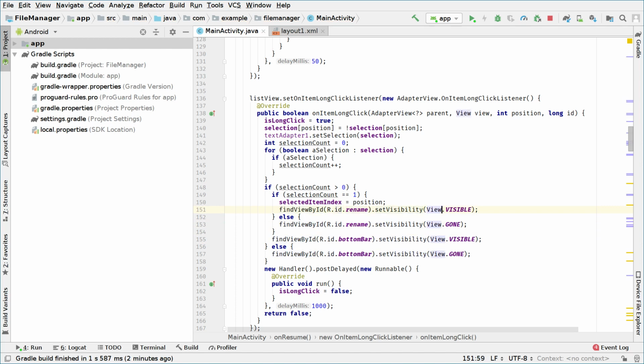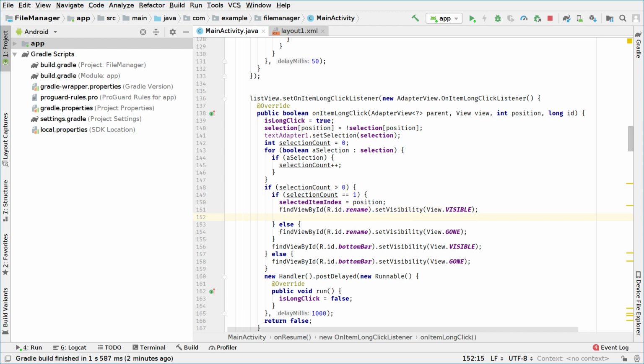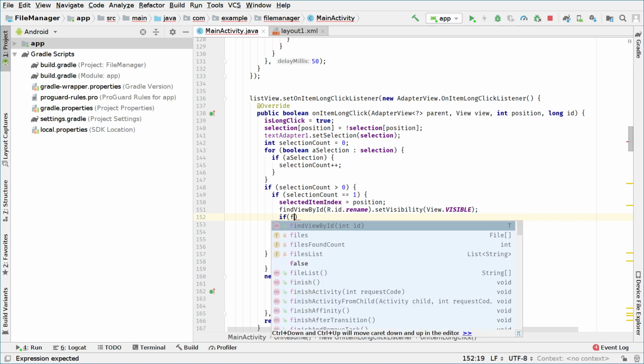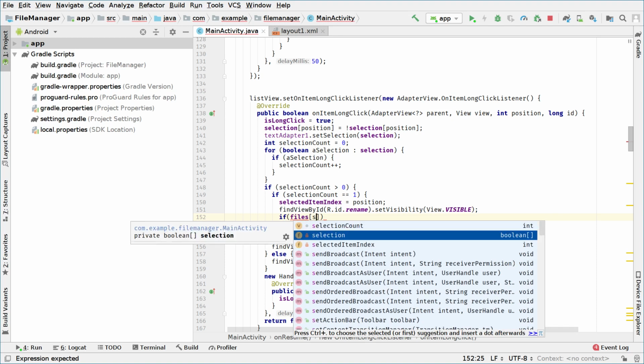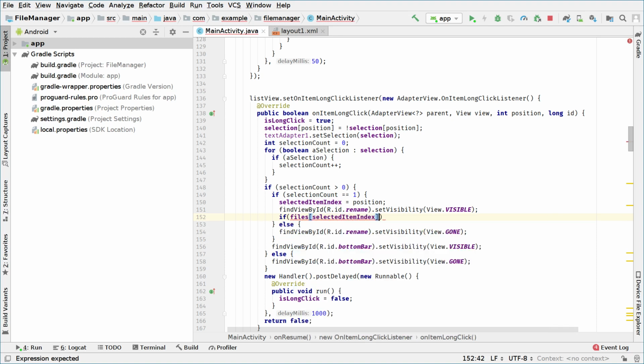Okay, so if the selection is 1 and is not a folder, we will enable the copy button. So we go and say files. If files selected item index is a directory, so we want to check if not directory. So if it's not a directory, we will